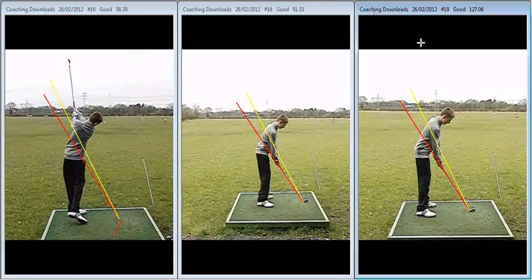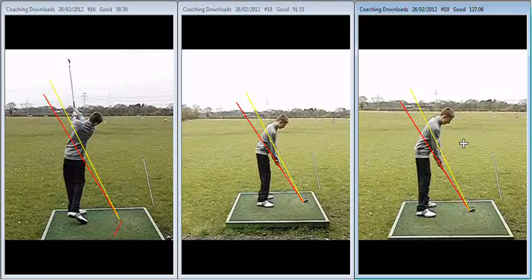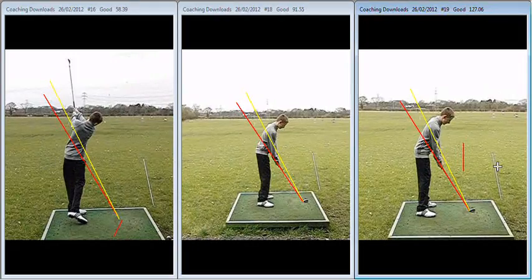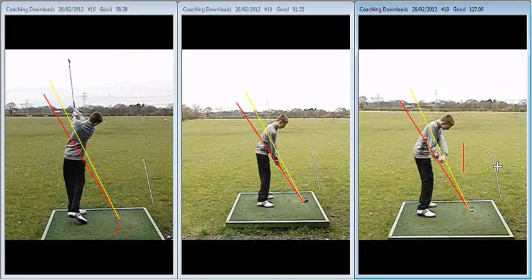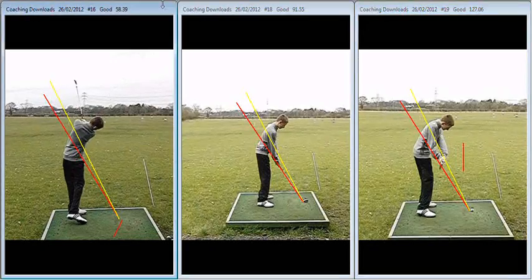So what we've asked you to do here now on the far right is to feel like you're going to hit a pull. We'd initially put a cane out in front of you about 10 paces. This is something that you should do at least once every session for 10 or 15 minutes just to help shift the plane to the left. So all we've asked you to do is hit some straight pulls. Hands now working much more up hand plane, so working up the red line before getting onto the yellow line, and then working much more down the yellow line, producing a golf club that is much less behind the hands